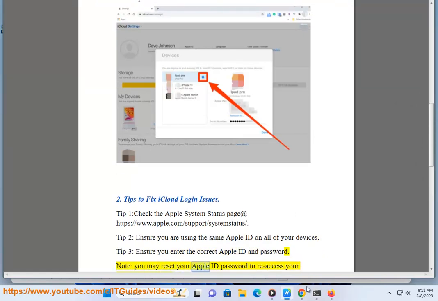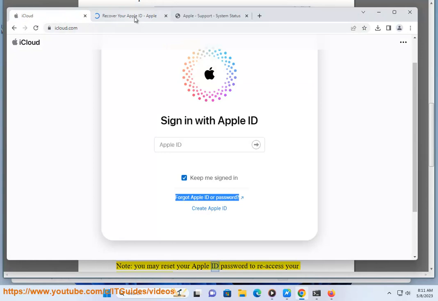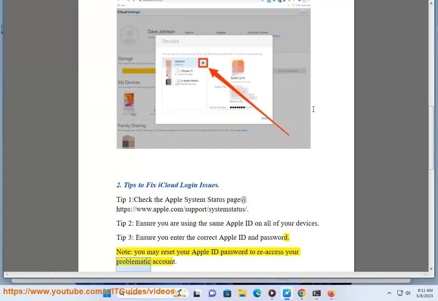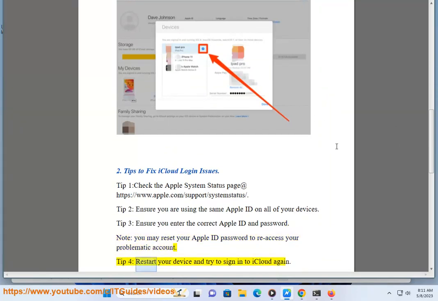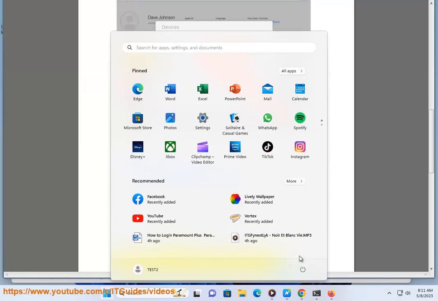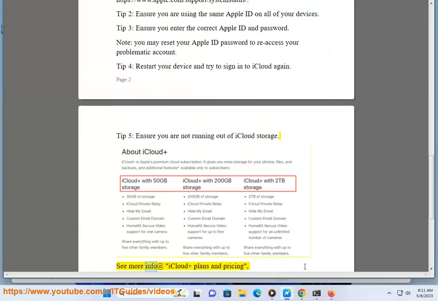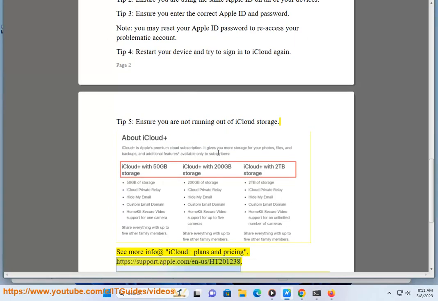Note, you may reset your Apple ID password to re-access your problematic account. Tip 4. Restart your device and try to sign into iCloud again. Tip 5. Ensure you are not running out of iCloud storage. See more info at iCloud Plus plans and pricing,